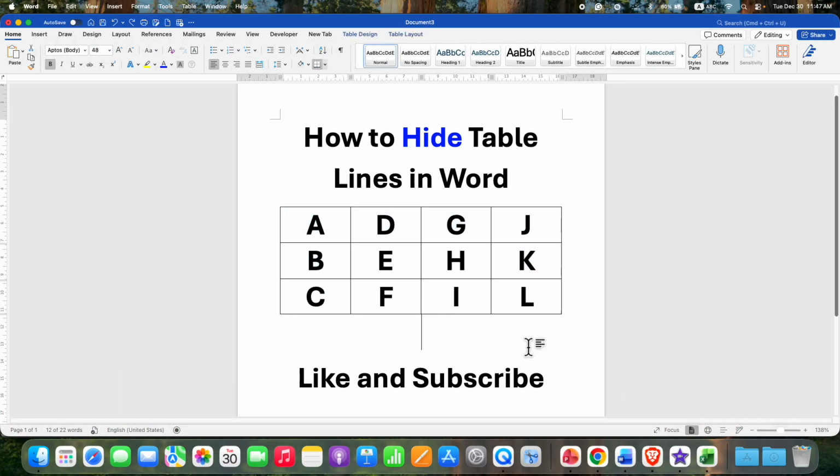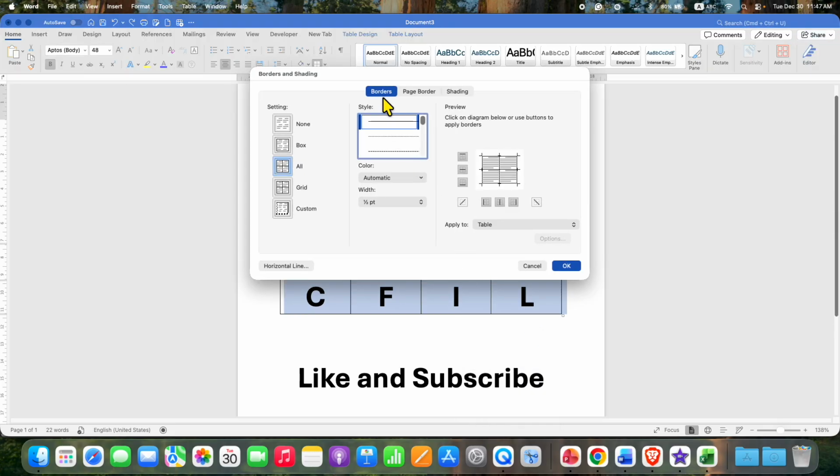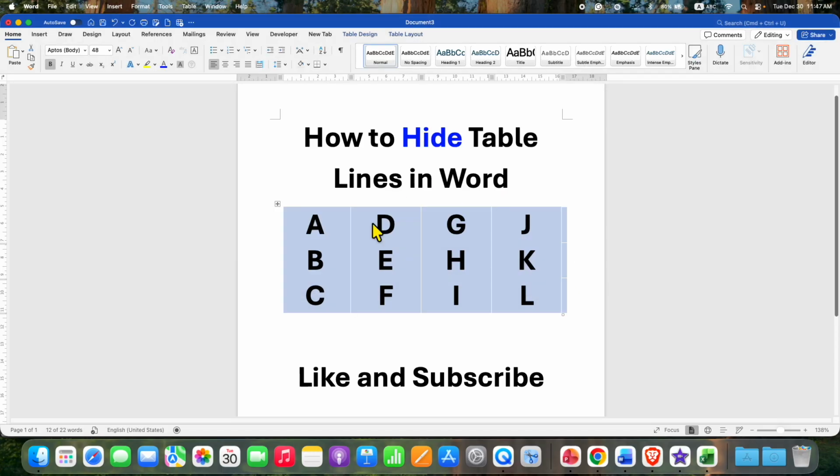There is one more method. After selecting the table, you can right click on the table, go to borders and shading, click on borders tab and this time select the option none. You can see the preview that there will be no border. Next to apply to, it must be table and then click on OK, and this will also hide all table